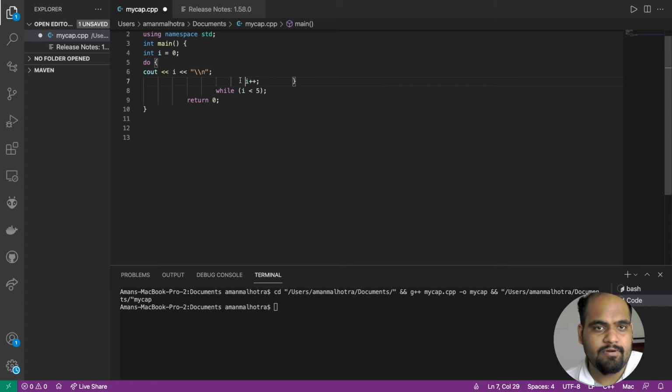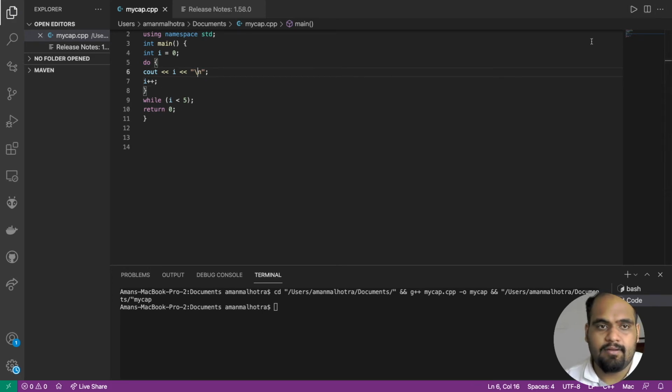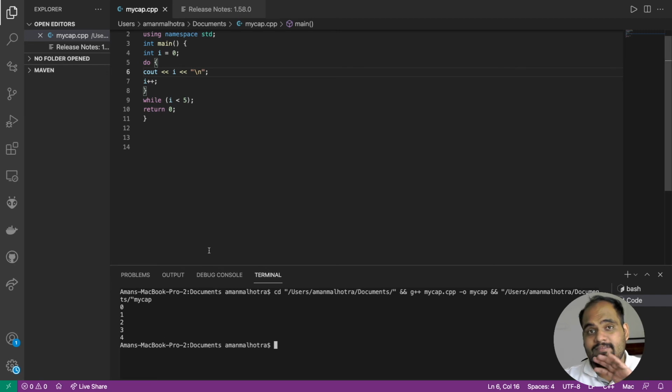So if you don't really know, these are known as indentations. The spacing that you're keeping decides upon a lot of other things as well. In C++ it doesn't really matter, but in Python it does really matter. So in case you're planning to learn any other language, you should know about this. And this as well, and save and clear off the terminal and run the program. It's doing the same thing, but now let's change a few things.